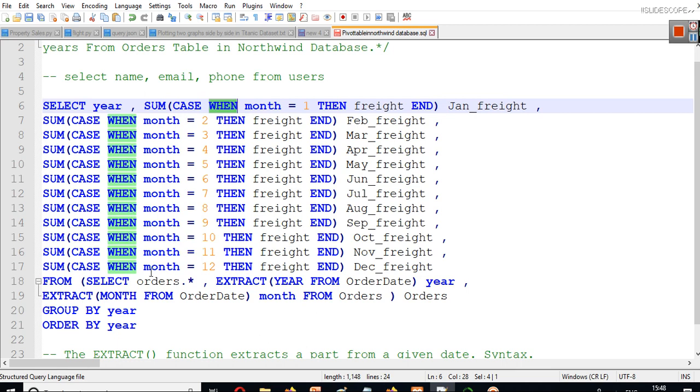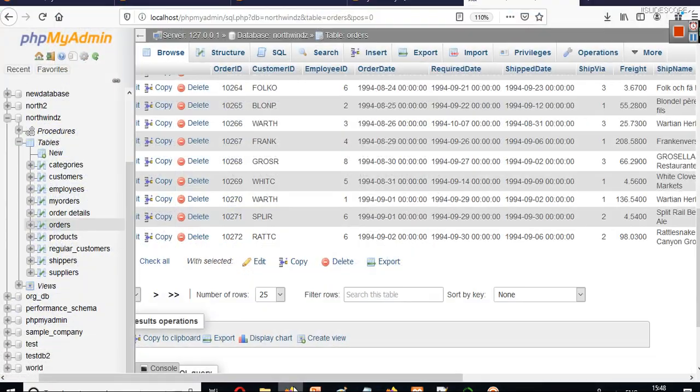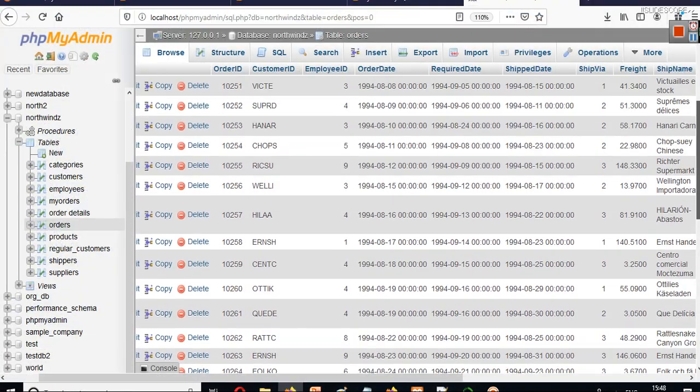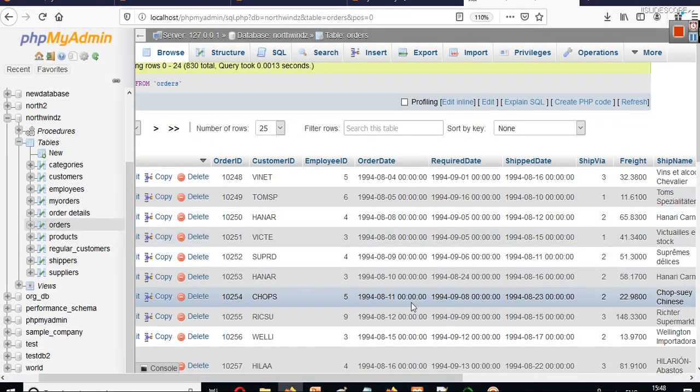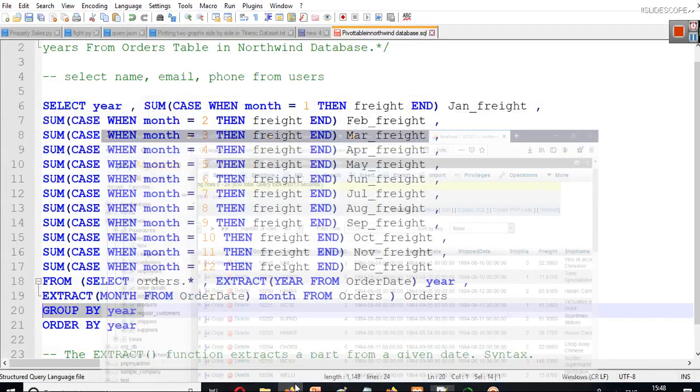Now the final thing is we have to group by year. If you do not group by year, what will happen? The data as we are seeing here, in every row this data will come and we will not get the summary.